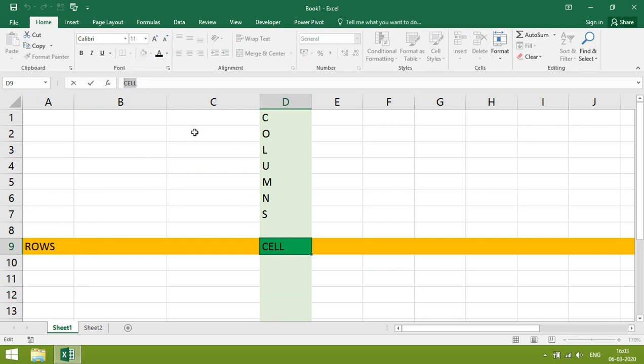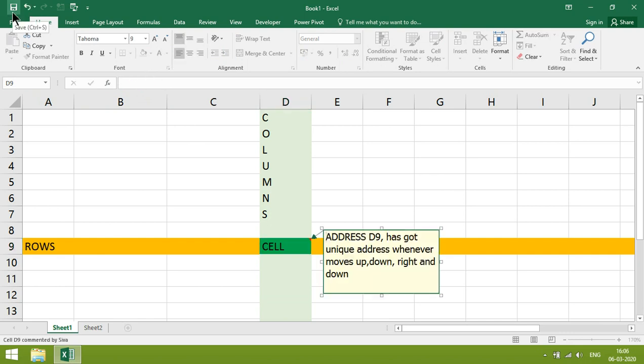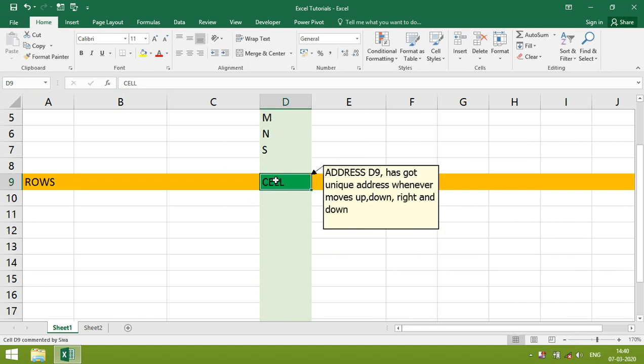Whenever we enter data, it will be displayed here. The cell's unique ID is displayed here, and whenever we move, it will change. We call it a reference point as well as the address bar. Here we call it the formula bar.